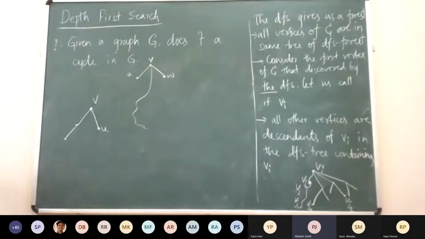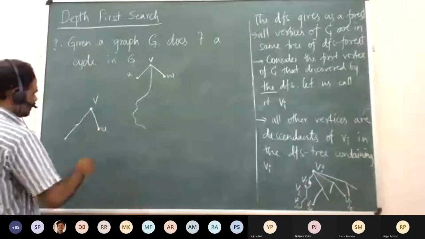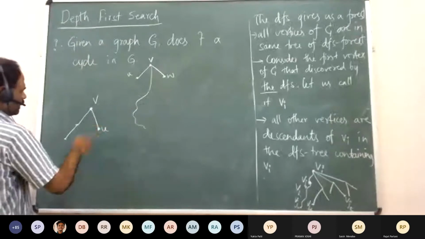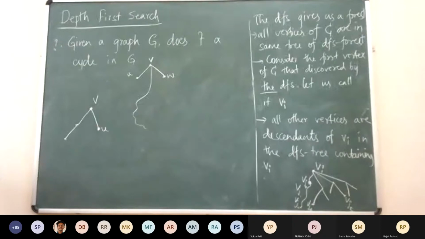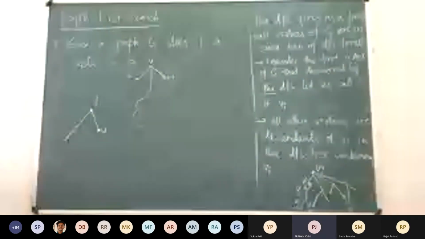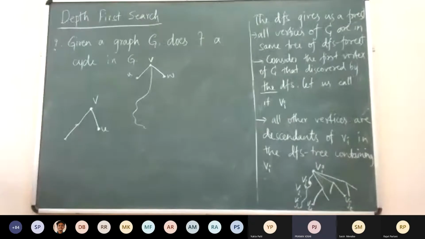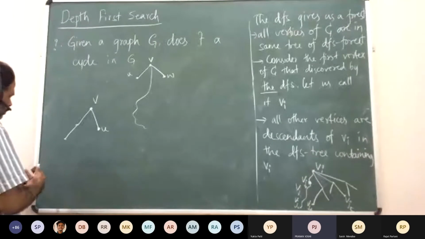Okay, so what you're saying is that if U is one vertex that is discovered here, then all the other vertices of the tree will be the descendants of U. Yeah, it can be possible. It can be possible, or will it always be the case? No, it is one possibility. Either we have discovered them and then we'll find a back edge, or we have not yet and need to discover more, and then at last when we reach the final vertex, we'll find a back edge because they are all connected. Okay.